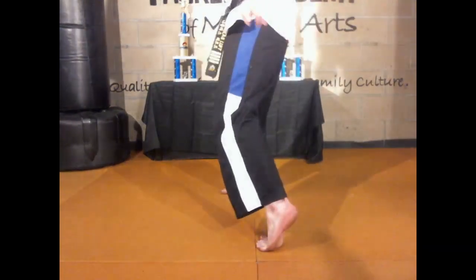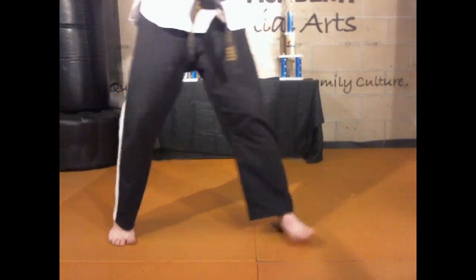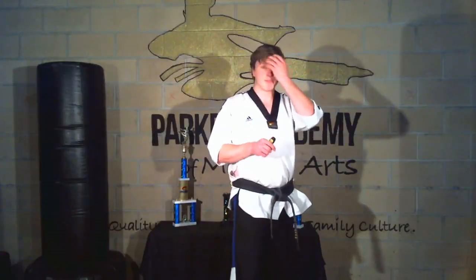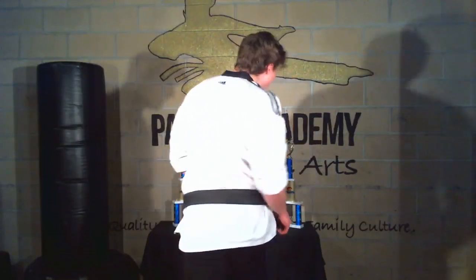Rotate your heel towards the target. Take your back foot, do the same. So if I'm sideways, bam. Do the motion together. We'll speed it up in a second. Step, rotate. Now, if you're not at a jump back kick yet, you're struggling with this, just do a back kick,